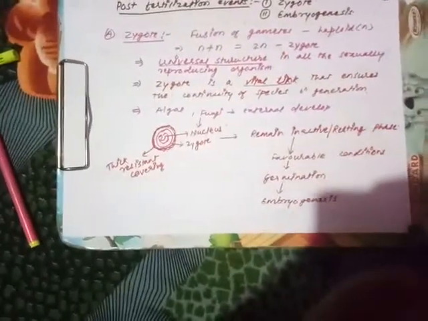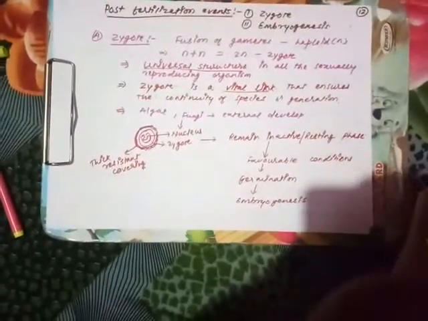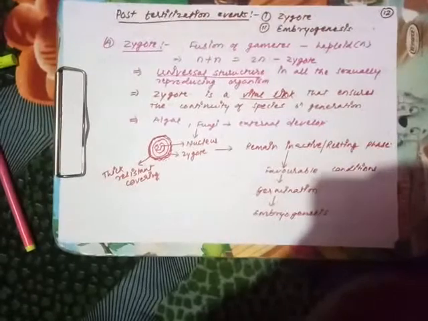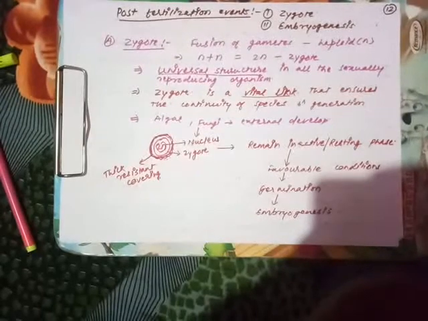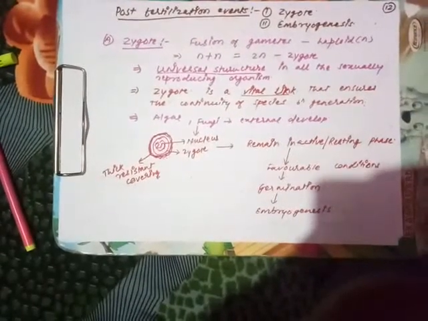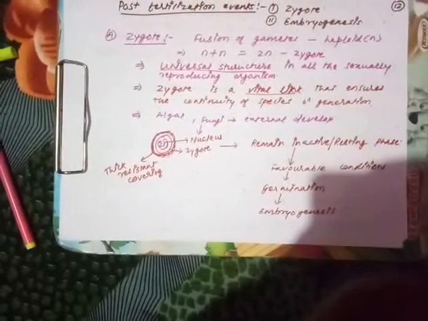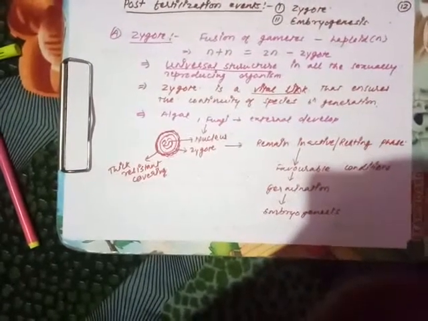The zygote is a structure produced after the fusion of gametes. The zygote is the diploid structure. Whenever sexual reproduction occurs, it always concludes with the formation of the zygote. All organisms performing sexual reproduction produce a universal structure, the zygote. And secondly, the zygote is the structure present in all sexually reproducing organisms by which they transfer characteristics from one generation to the next generation. We have discussed so many things about the zygote.